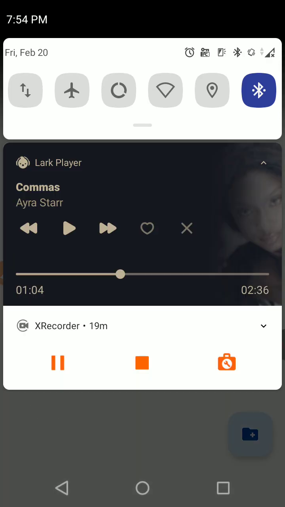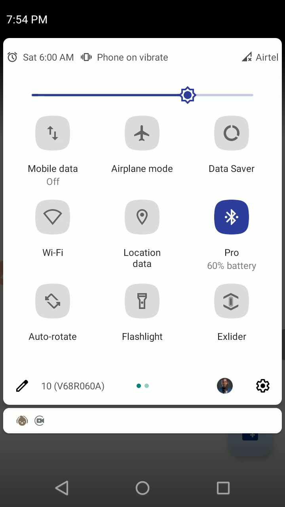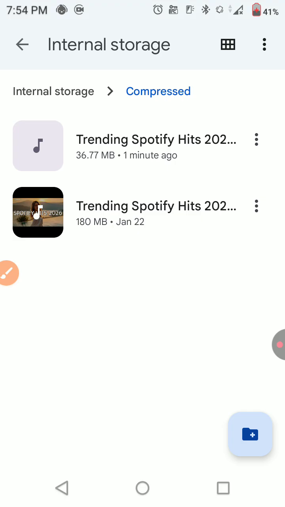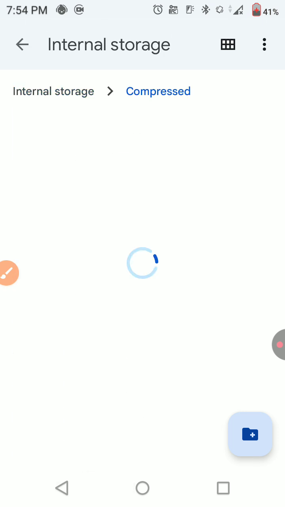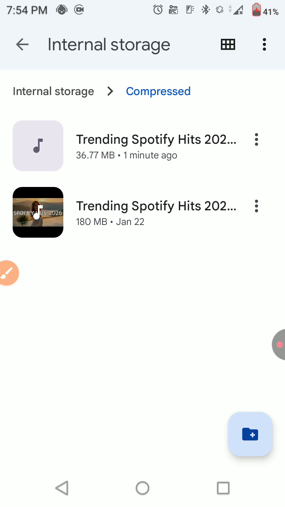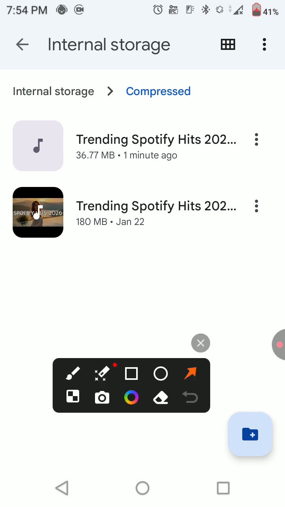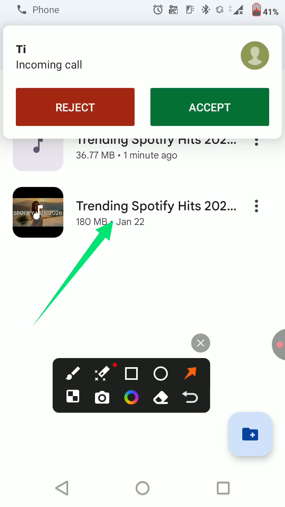Let me take you there in that folder. This is our folder, compressed. This is the folder, compressed, and we have two files. We have this one file, a compressed